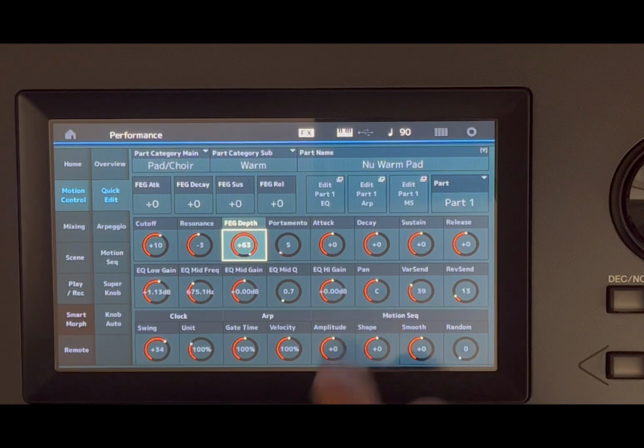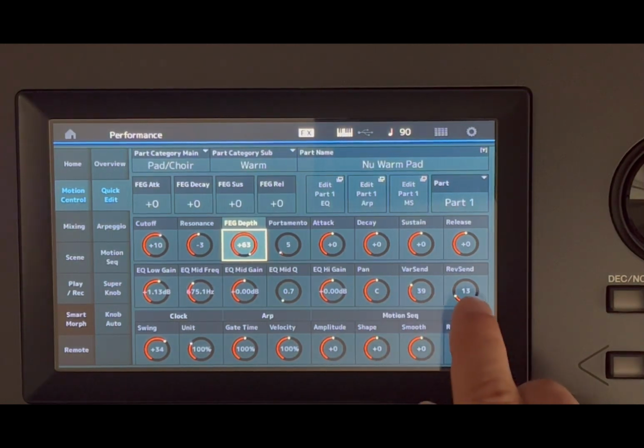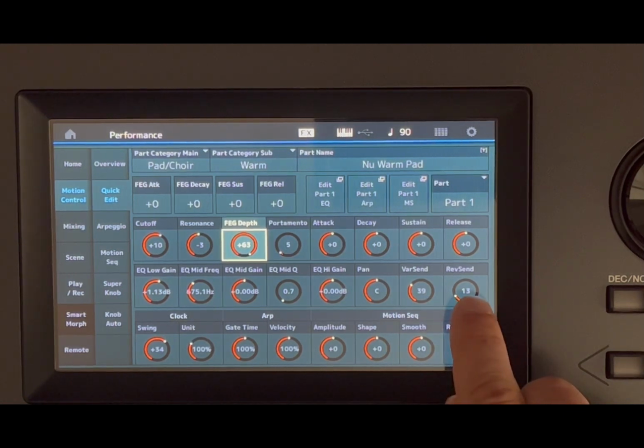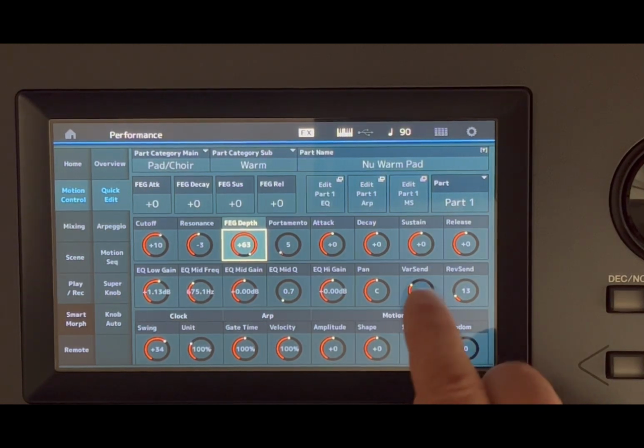you have the pan here, left and right for the channel, and then you have two dials here. The first one is variation send, and the next one is reverb send, and that is the level of signal you will send for the variation, for the effects, and the